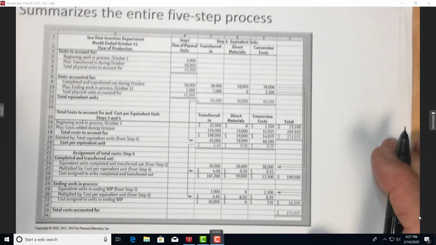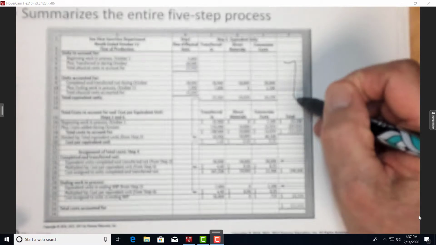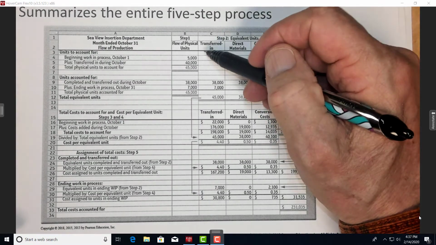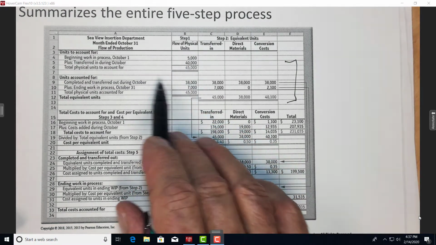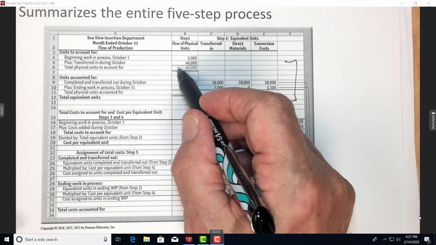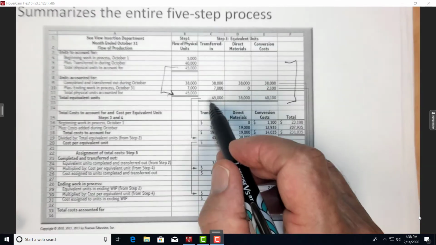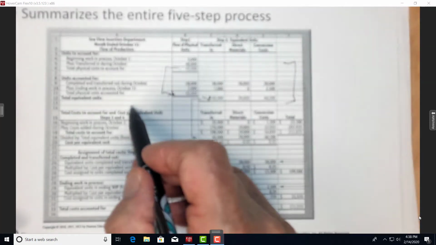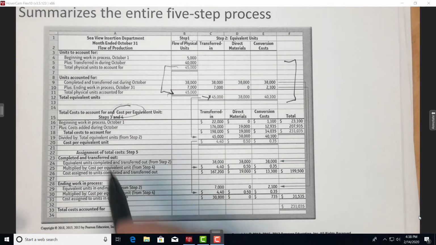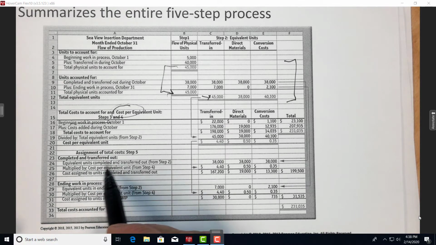And then if you were to look at the whole process again, these are the physical units that you have to account for. These are the units to account for, beginning plus transferred in, total. Notice that total equals that total, which is equal to the transferred in total. Then you have to account for the cost, the beginning work in process, and then you have to